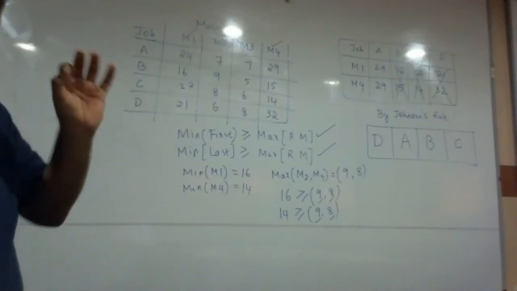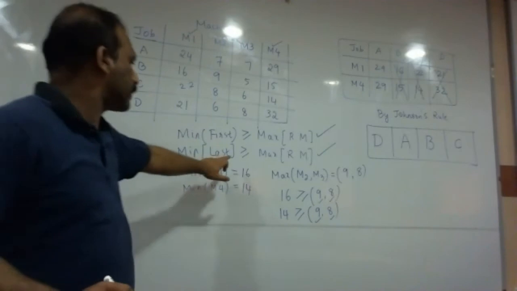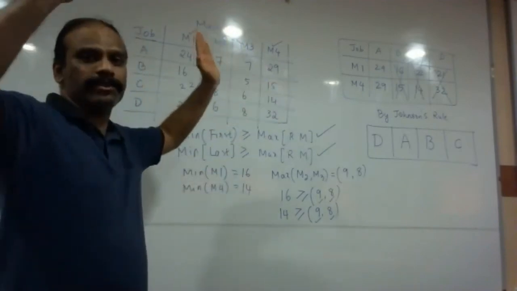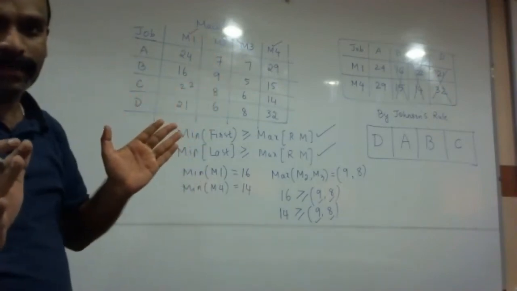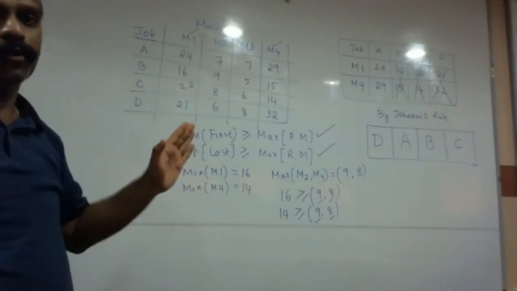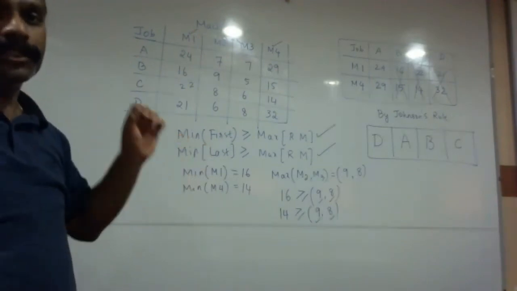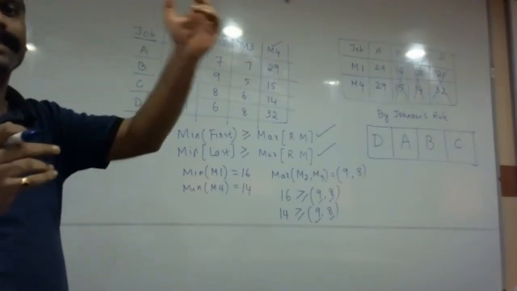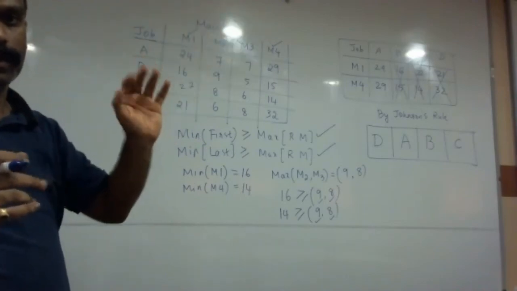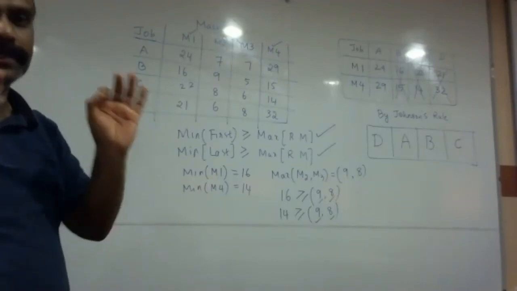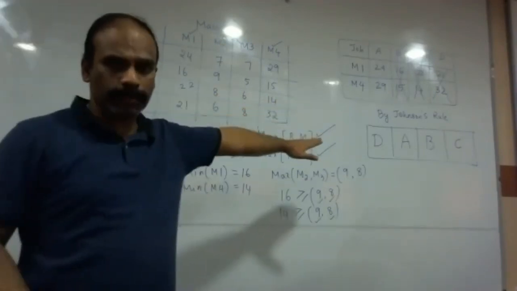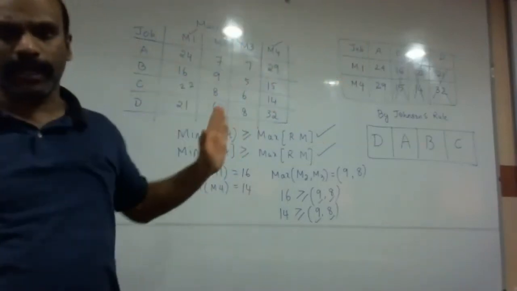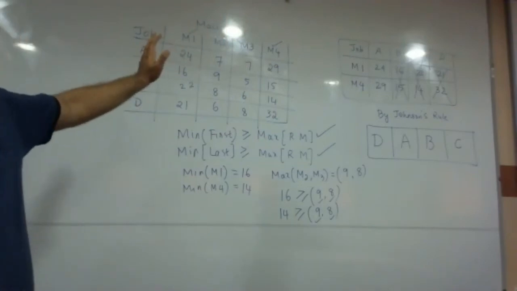The only difference in the second type is this part. So if the two conditions are satisfied, the first machine and last machine can be taken as it is. We are not supposed to convert any value. We are not supposed to add any value here. Straight away, the first machine and the last machine can be taken for the sequencing rule or Johnson's rule. That is the only extra step that is happening here. Once the order is obtained, we can solve this problem by the regular method. Same table, no changes, 100% exactly the same as the previous question hereafter.